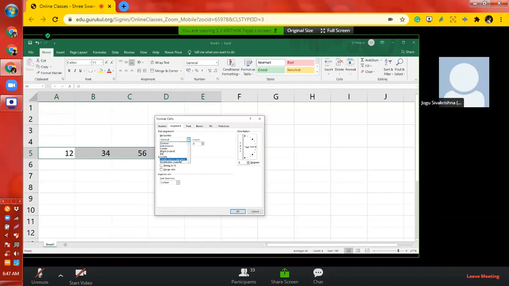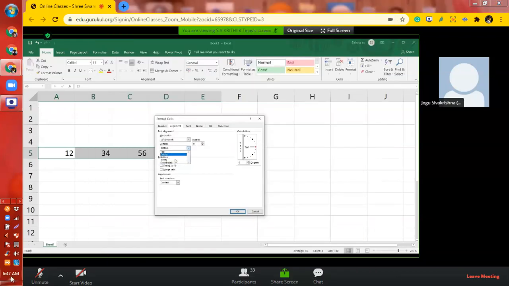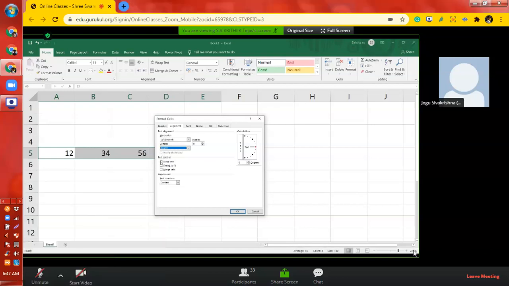We use left, right, center, justify, fill. You can take any one, like left. And for vertical, scroll down and you can select center. And here are wrap text, shrink to fit, and merge cells.